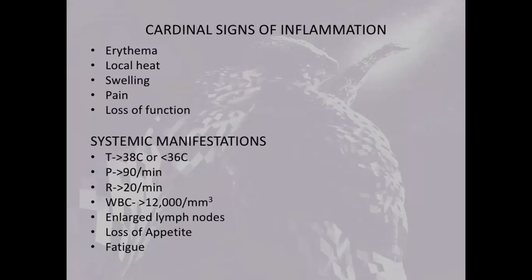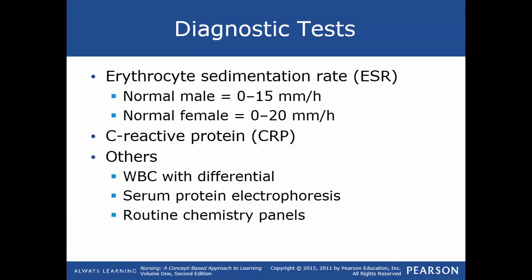And then, of course, you've got your heart rate greater than 90 or less than 20, your white count greater than 12,000, or they have greater than 10% bands. Those are your immature blood cells. They have enlarged lymph nodes, loss of appetite, fatigue. Looking at your diagnostic test,